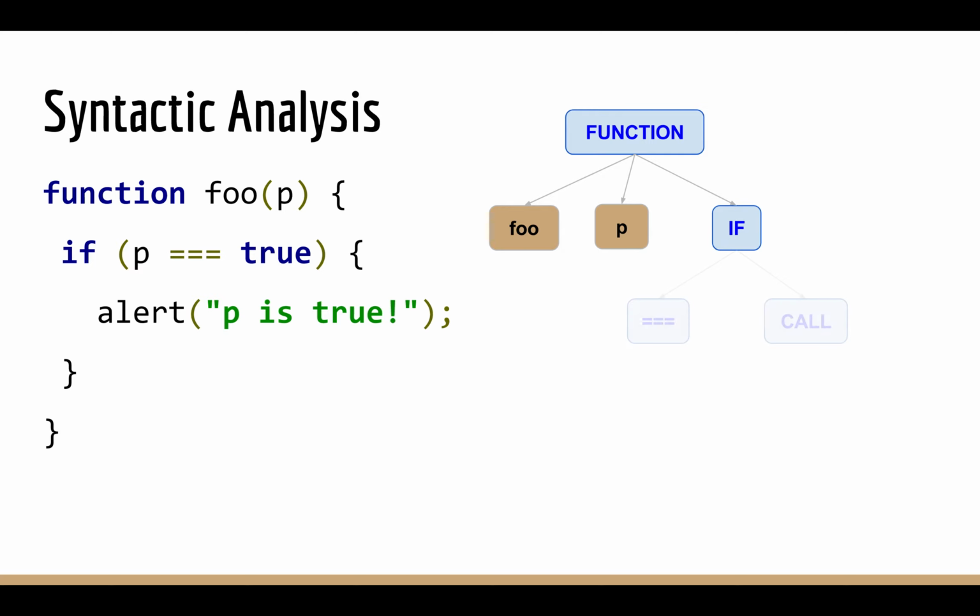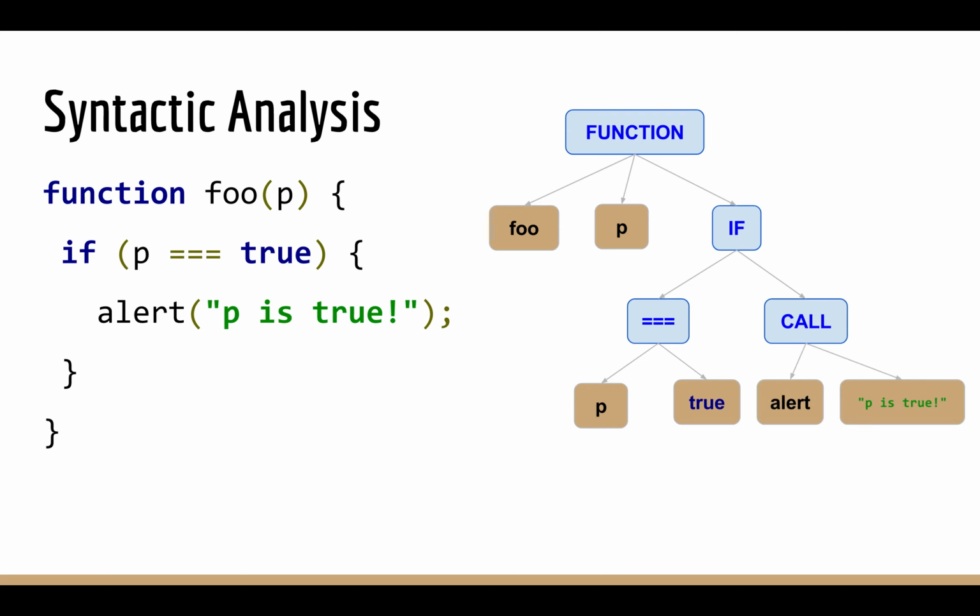And then it proceeds further to say, for instance, that the if statement is decomposed by a condition expression and by a call statement. In this case, it's going to be alert. And then further, the condition expression is decomposed into p and true, the two operands. And the call expression is decomposed into, again, the function invocation and the literal that is passed as a parameter. Okay? So at this level of modeling of the code, you can write, well, quite a few interesting rules. For instance,